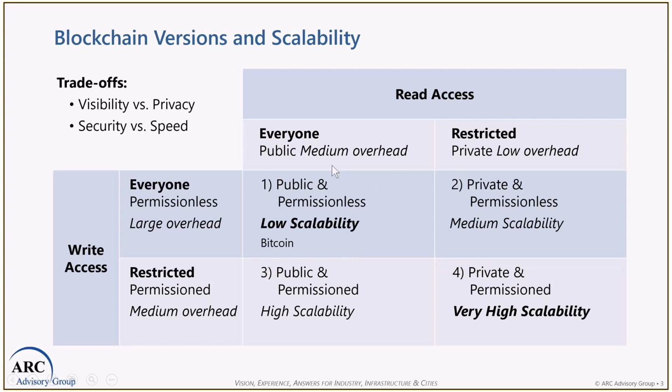And as a result, according to what I've read, Bitcoin is limited to anywhere from 3 to 7 transactions per second. That low scalability would be unacceptable to nearly all industrial supply chain type of applications. So to get the higher scalability, they peel back a little bit on the encryption and security. And to do that, it becomes, in the case of the read access, private in the sense that you have to apply to become a member of a consortium, and you become approved.